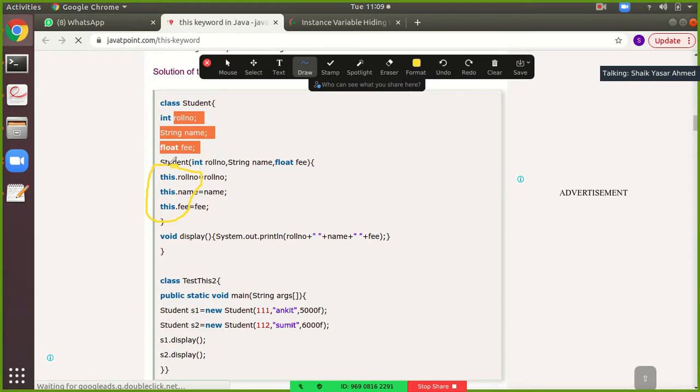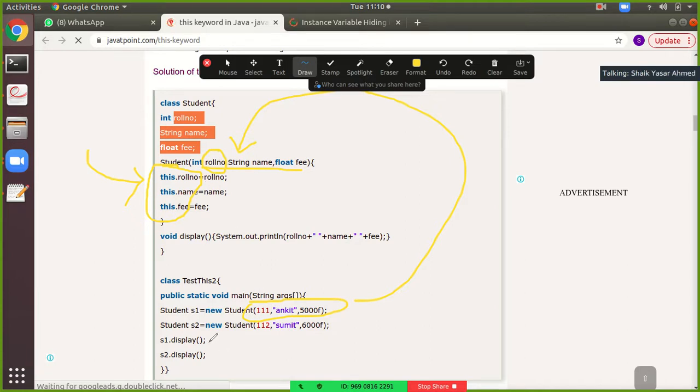So now when the parameter values are passed here, this.rollNumber will receive 111 from the roll number. Similarly, this.name and this.fee will also receive their values.